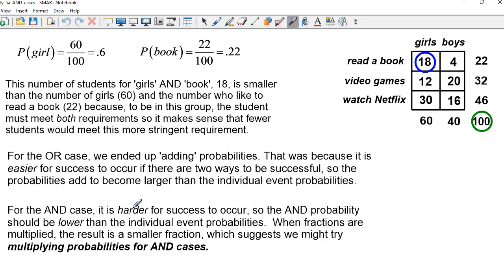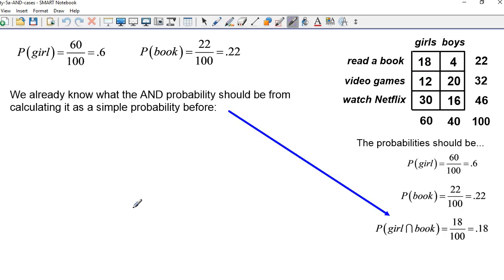Right? When fractions are multiplied, the result is a smaller fraction, so that suggests we might try multiplying probabilities for the AND cases. So let's try that. We already know that the AND probability is definitely going to be 18 because we calculated it directly from the table. So over here on the side we've got the known good probabilities. Probability of a girl is 60%, probability that someone likes to read a book is 22%, and the probability that someone is a girl and likes to read a book is